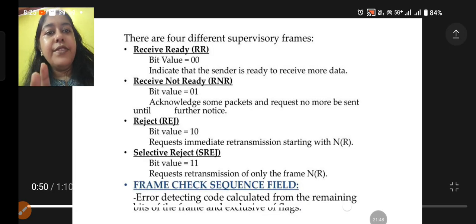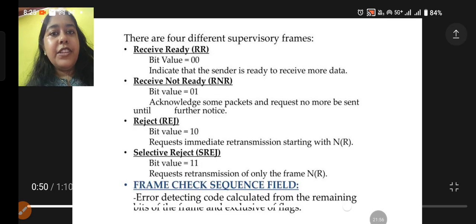Reject, REJ, requests immediate retransmission starting with NR, where we have to start from that particular frame. Now selective reject, SREJ, requests retransmission of only the selected, particular frame. Now the frame check sequence field, where we can check the sequence of the frame, is an error detecting code